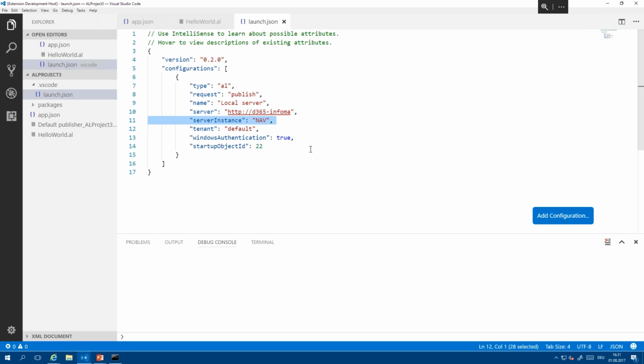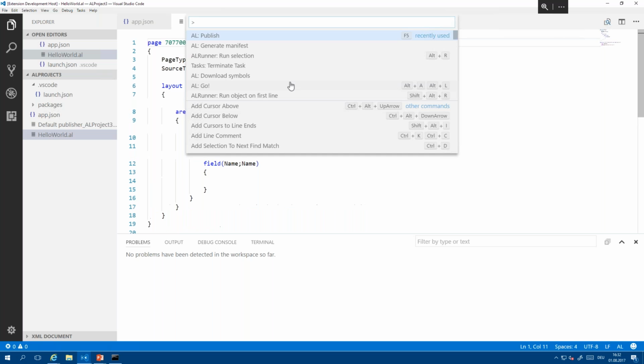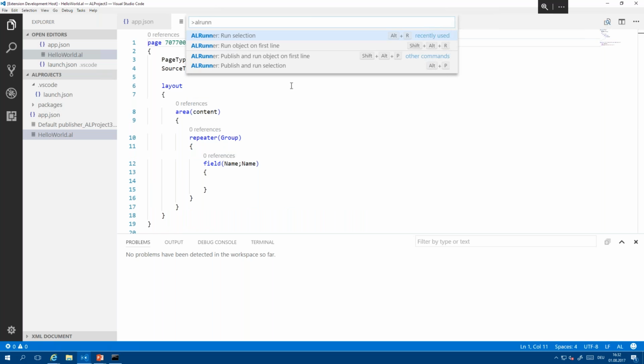So we now have the Hello World. We have the launch JSON, which configures the server and the server instance, but also the startup object ID. And then now go to Hello World AL. I'm in the first line, and I'm calling our AL Runner publish and run selection.